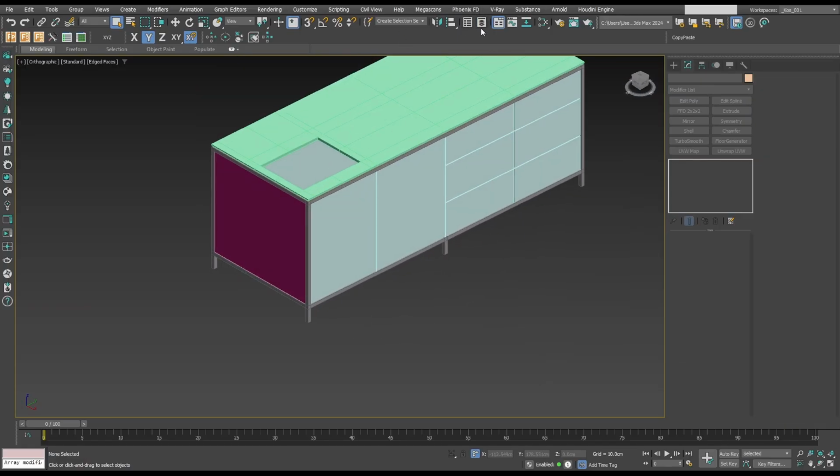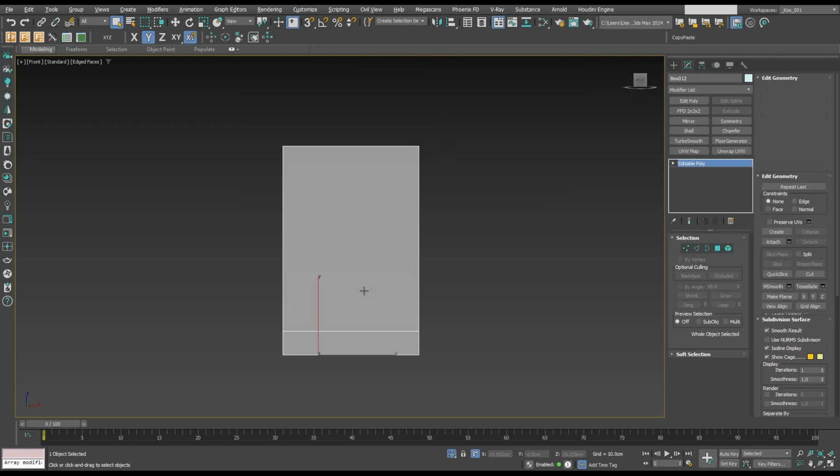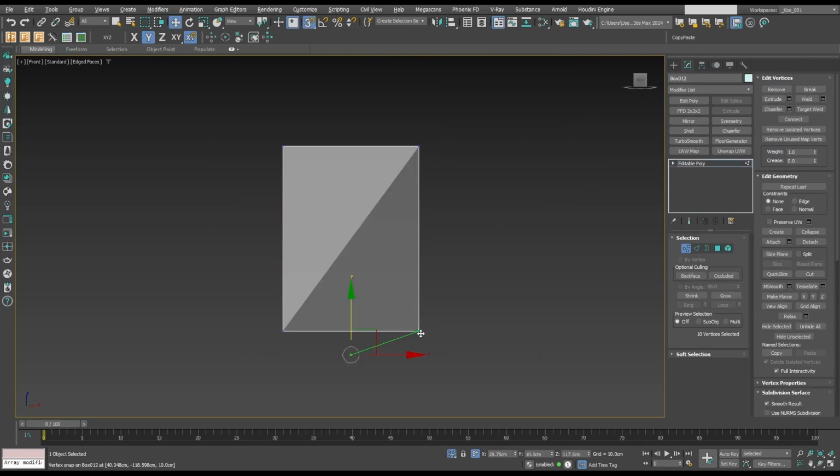Well, I'm gonna keep the base mesh to use it as a filler geometry for the kitchen cabinet work in order not to have light leaks from the gaps. Can adjust the shape into what we want. I'm welding the vertices